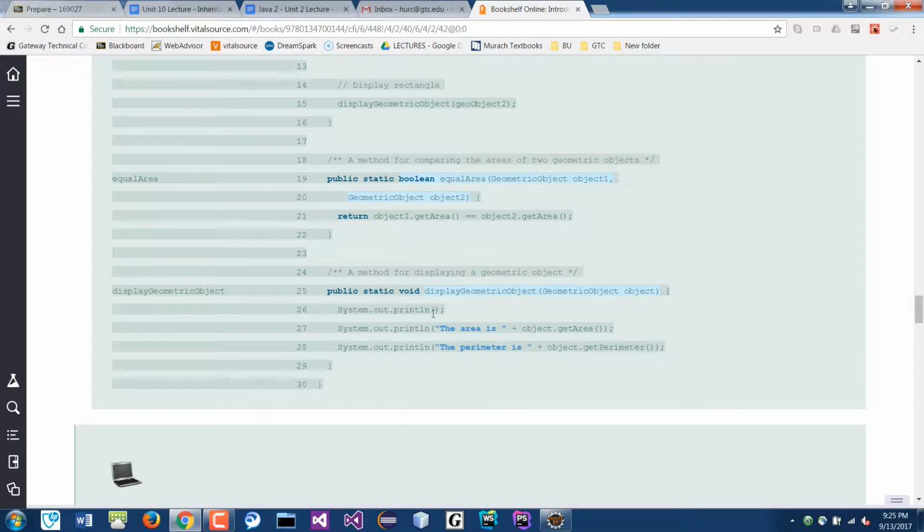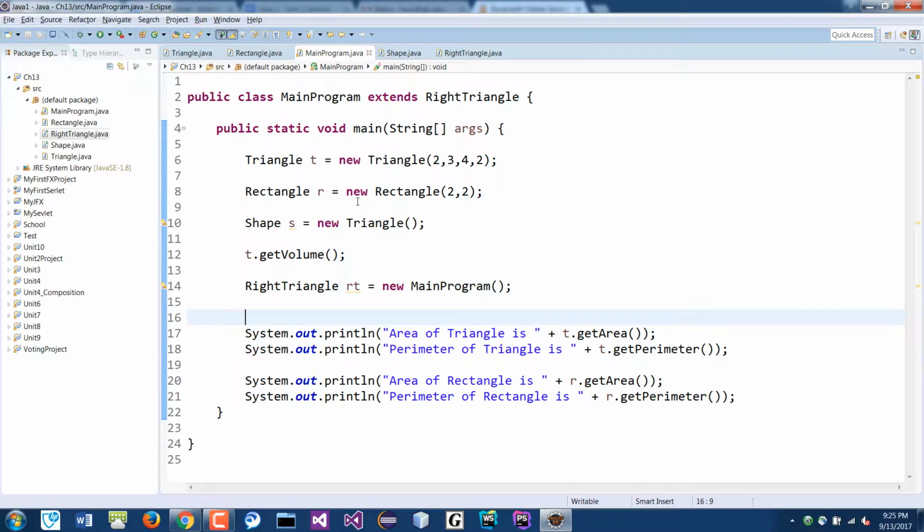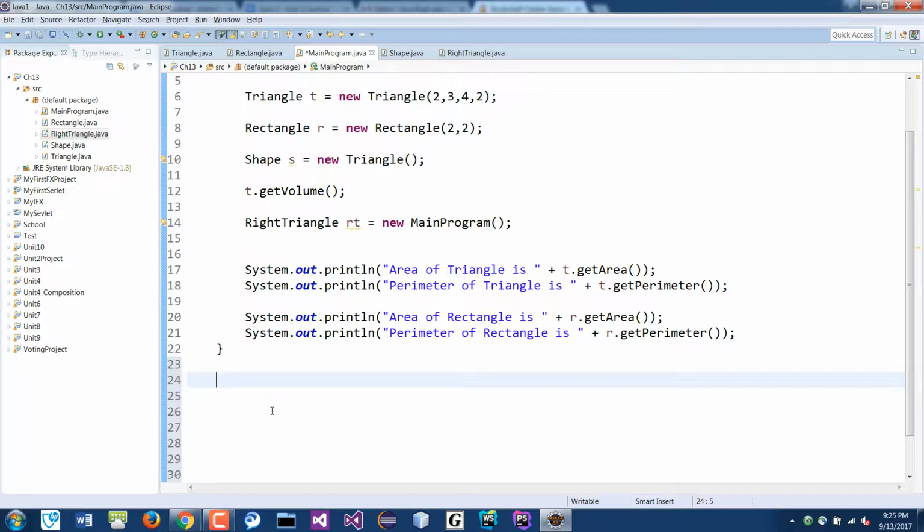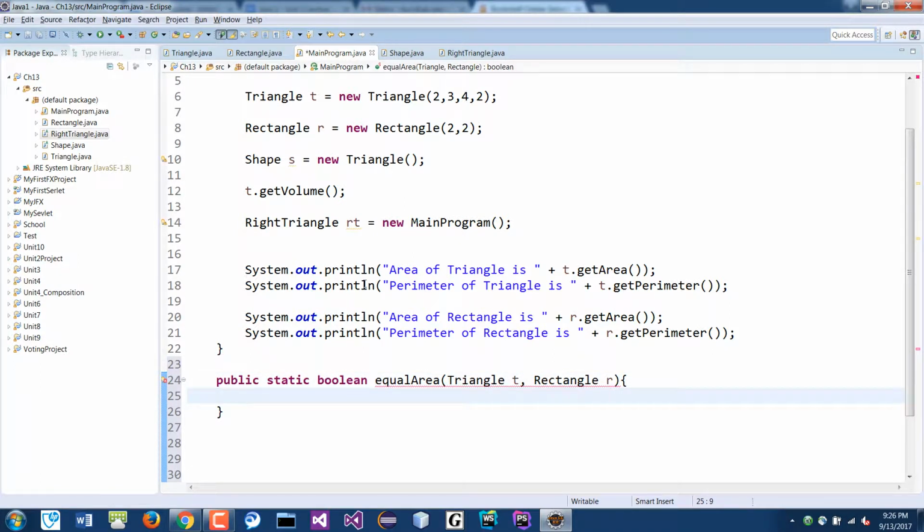Okay, so we could do something like that in the class here. So in the main program, I'm going to write another method down here, which is similar to the one in the book. So public static, it's a Boolean type, return is equal or not. Just say equalArea, and I'm going to compare the triangle and the rectangle. So it has to be the same type, right? So Triangle T, and then Rectangle R. Compare those two, and they are objects,